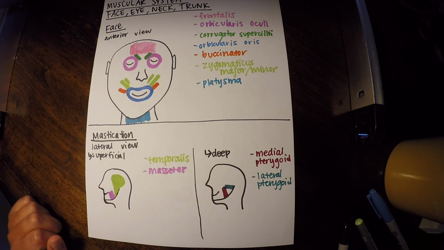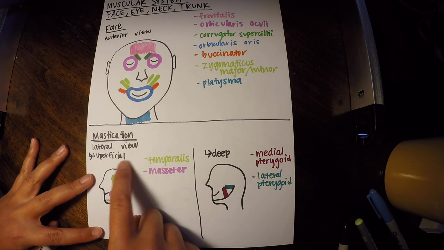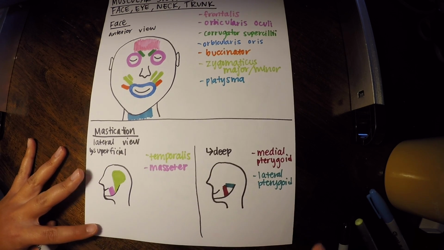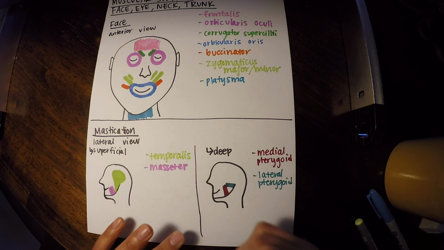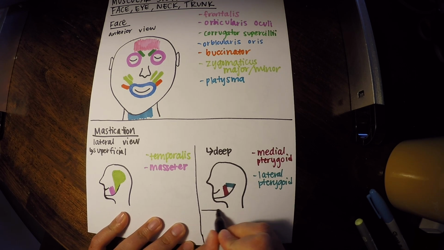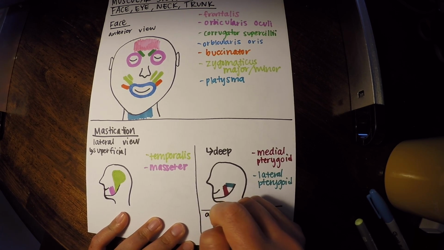And I'm actually going to add one more different picture in of those two muscles. You know how these are both lateral views, right? We have superficial and deep. And what I'm going to do, just to make it a little bit clearer, is I'm also going to draw a small anterior view down here.